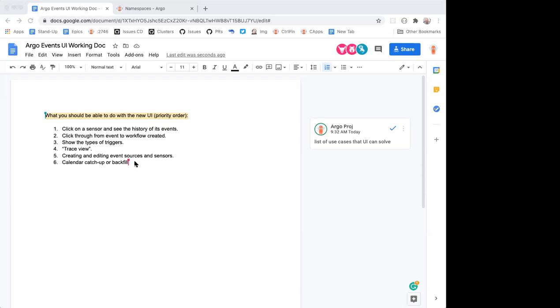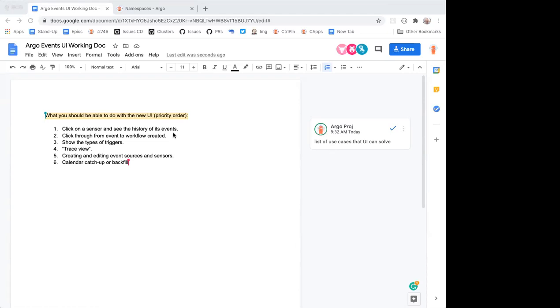And then things like catch up and backfill for calendar events in the user interface. So things that people would currently be able to do, I believe, and Vipav, Derek, you guys can correct me if I'm wrong, that Barnard's work allows you to execute calendar backfill and catch up, but I'm actually not exactly clear about how you go about doing that.